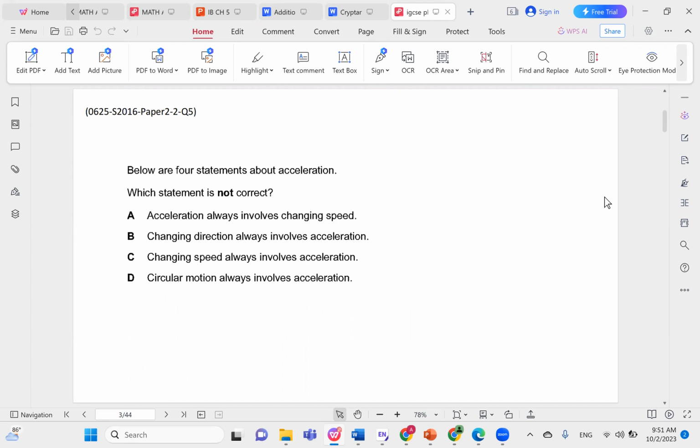Below are 4 statements about acceleration. Which statement is not correct? So in order to solve this question, we need to remind ourselves what acceleration means. Acceleration is a change